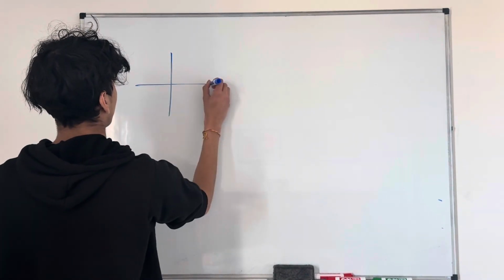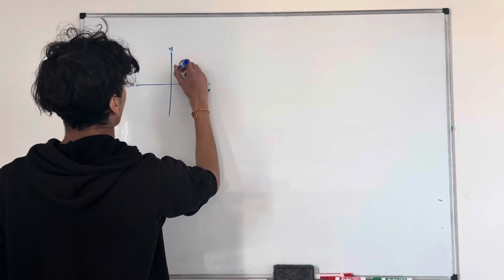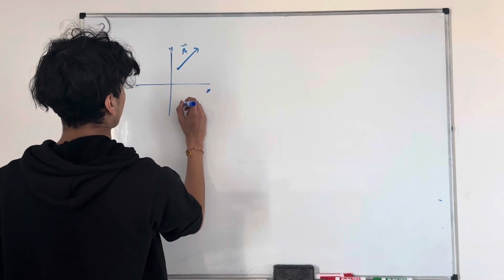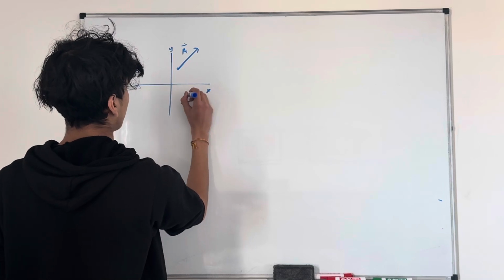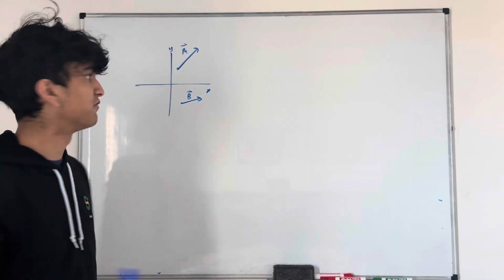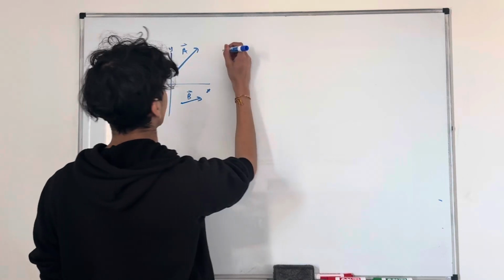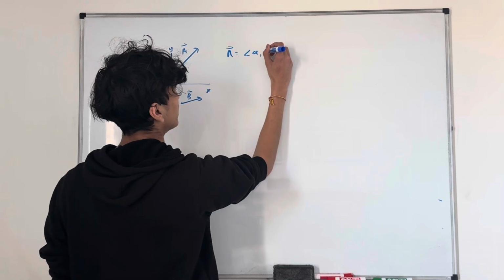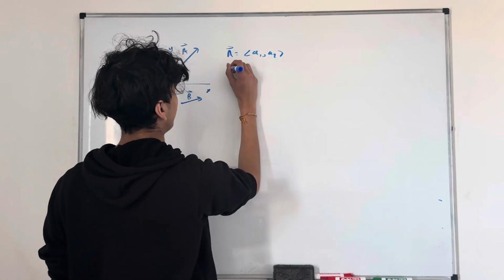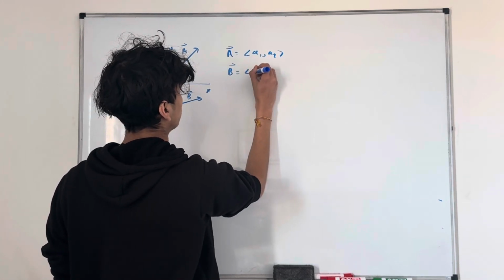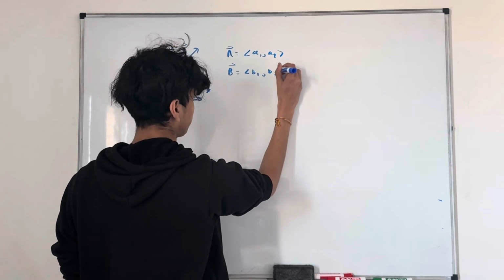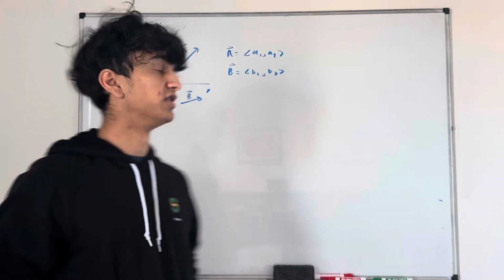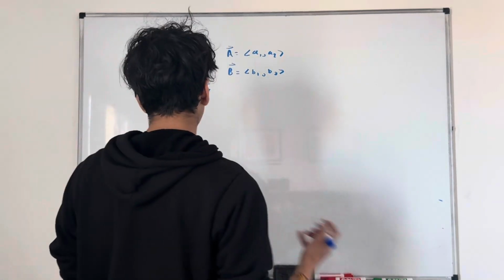I'm gonna draw a little x, y. Let's say I have two vectors, A and a second vector B. Just two arbitrary vectors. A has components A1, A2, and B has components B1, B2. Obviously if they're in the third dimension, they would have that third component, the Z component. The dot product is